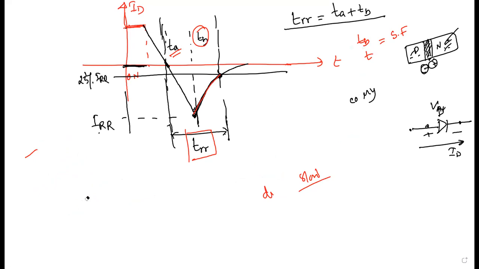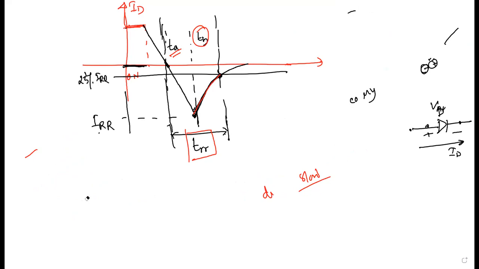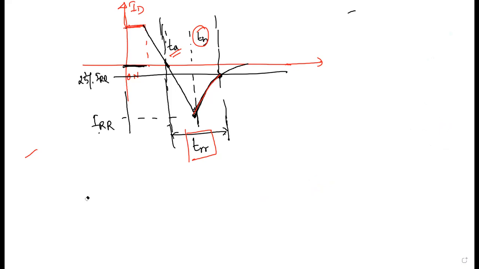So now, what is the typical time of TRR? It is mentioned in your data sheet. It depends on the switching frequency, okay? Sometimes it's a microsecond, sometimes it is a millisecond. A normal general purpose diode has some milliseconds, but the fast quick recovery diodes have it maybe in the microsecond range. Do you understand? Yes, sir. Okay. Let me